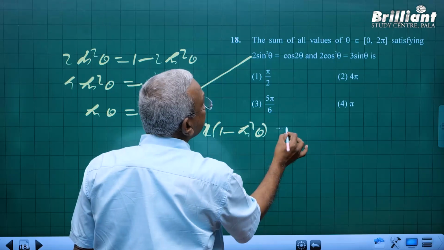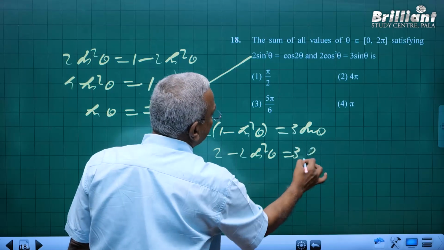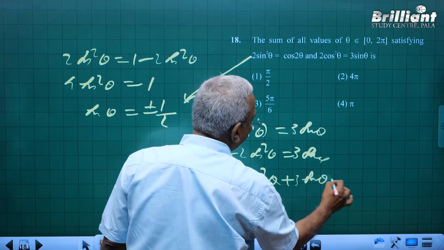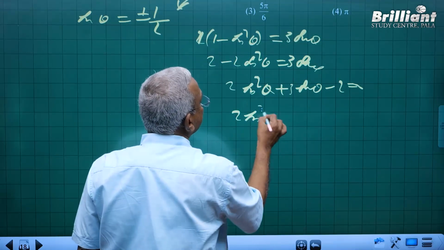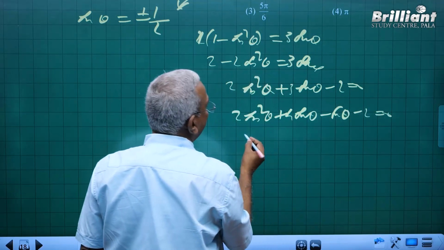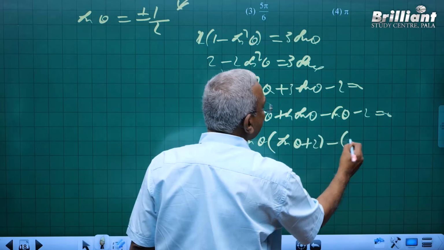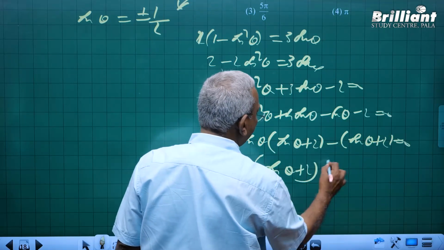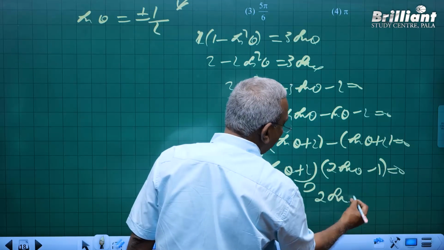that's equal to 2 into 1 minus sin square theta is equal to 3 sin theta, which implies 2 minus 2 sin square theta is equal to 3 sin theta. Therefore 2 sin square theta plus 3 sin theta minus 2 equals 0. Product is minus 4, sum is 3, so split it as 2 sin square theta plus 4 sin theta minus sin theta minus 2 equals 0. So this is 2 sin theta into sin theta plus 2 minus, sin theta plus 2, equal to 0. That is, sin theta plus 2 into 2 sin theta minus 1 is equal to 0,